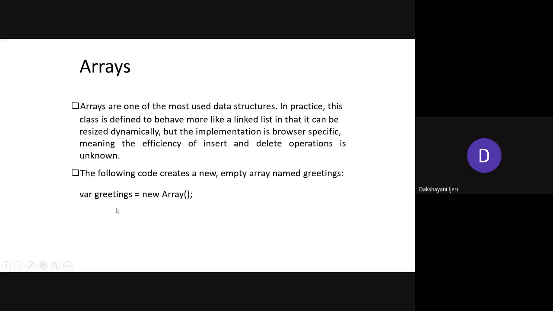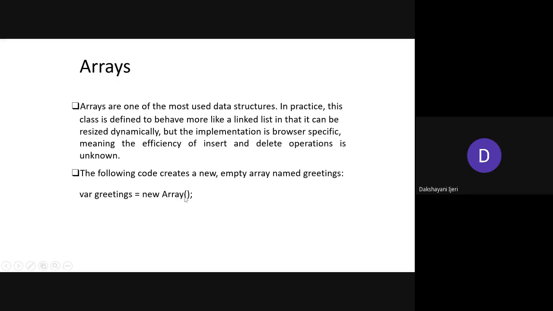As usual, the variable is created with the var keyword, and the new operator is required here in order to say that greetings is going to be created as an object of which method, or which object, right? If you use it as string, greetings is considered an object of the string method.